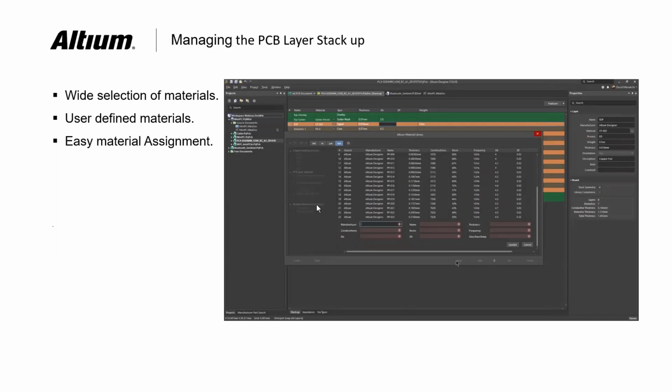If you want to create a new material, either for your core or prepreg, you can give the details of the manufacturer, the construction, the permittivity, and the dissipation factor. When you give these and update, the new material will be created inside your material library. So this is how you can create it.